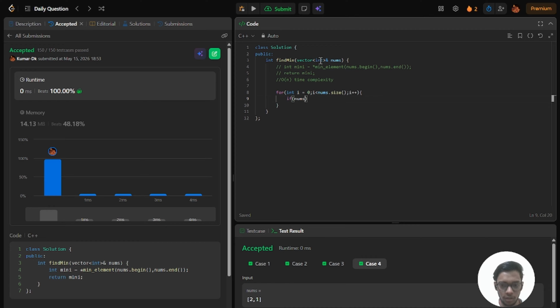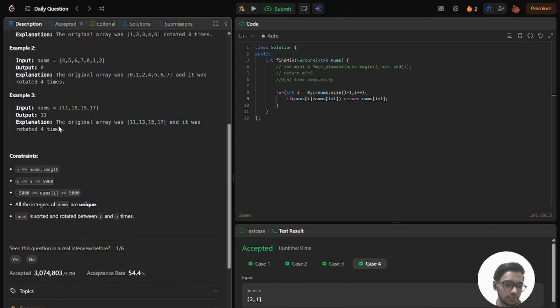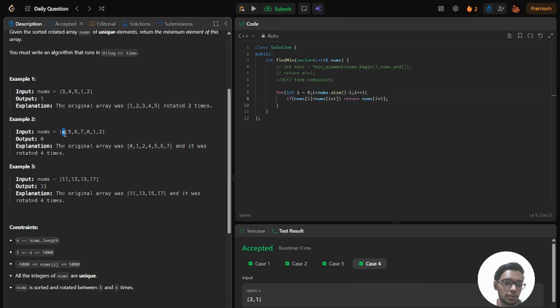What I'm doing here is, if my nums of i is greater than my nums of i plus 1, then we are returning that nums of i plus 1. What is happening here? Let's take an example, this one. Here 4 is not greater than 5,